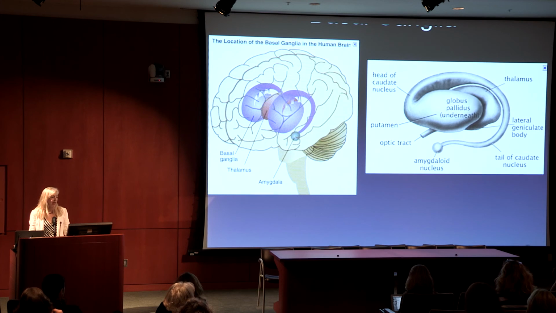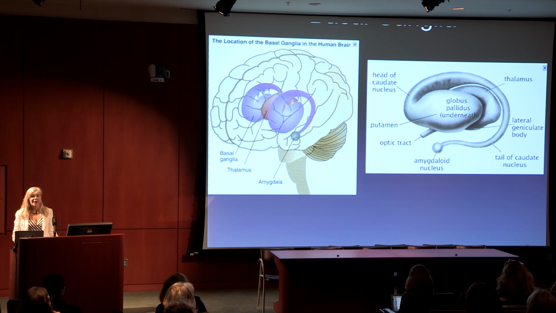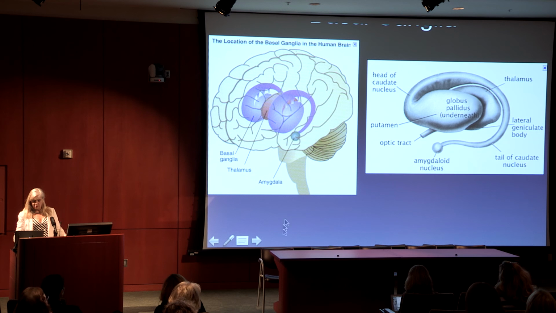So for those of you who are not fully versed in the striatum and the caudate, I just have a couple of slides just showing you background. This is important because I think the striatum is one of the structures, in various parts of it, that are highly implicated in autism, and I'll show you that as we go along. So this is the whole brain. The striatum, the basal ganglia, is a set of very, very deep structures in the brain, and this is a close-up of this. So you can see there's the caudate, putamen, globus pallidus, thalamus, and the caudate has this big old long tail and ends in the amygdala.